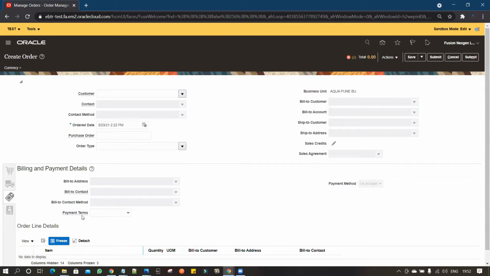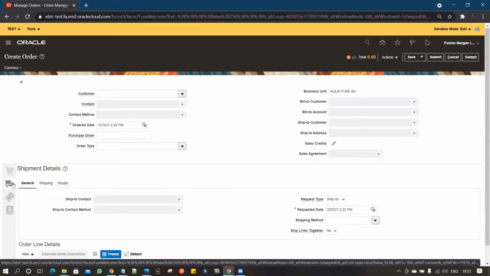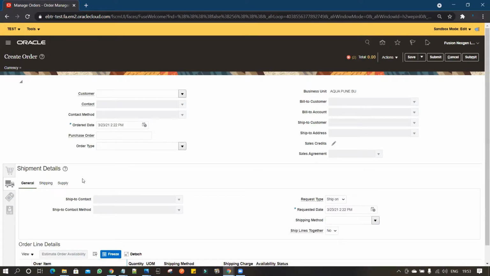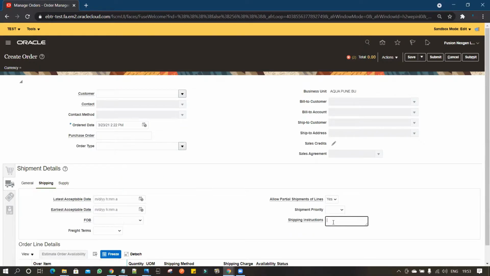I'm selecting the payment term to hide, this is important. Let me go to the other field, shipment detail. I think under shipping we'll use the shipping instruction to perform the personalization activity.